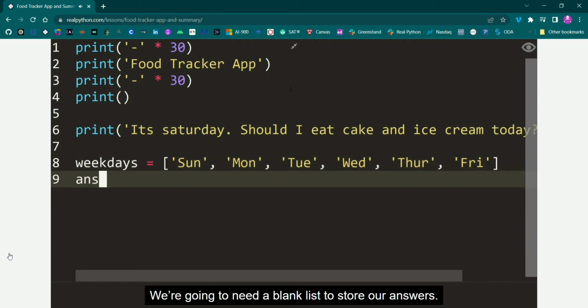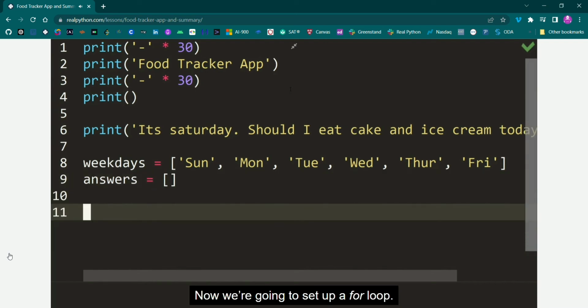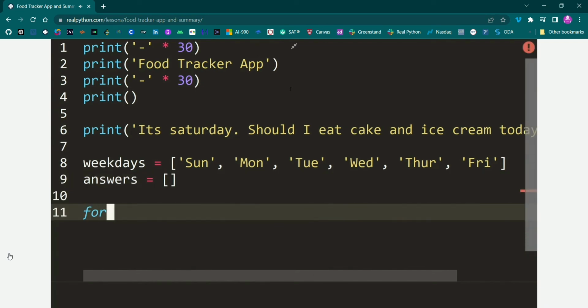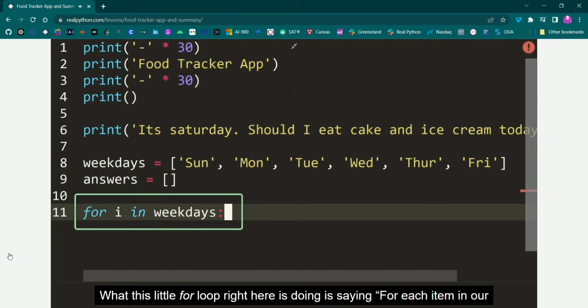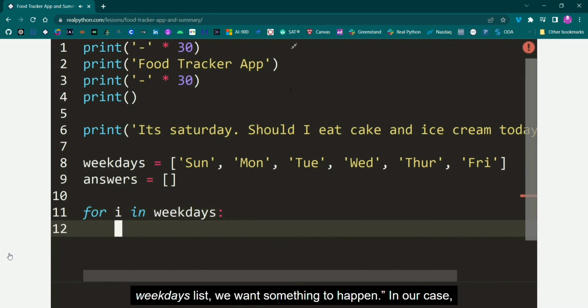We're going to need a blank list to store our answers. Now we're going to set up a for loop. What this little for loop right here is doing is saying for each item in our weekdays list, we want something to happen. In our case, we're going to ask a question.